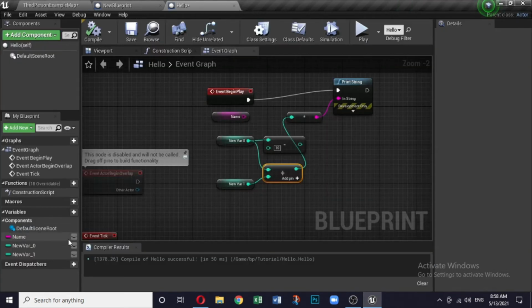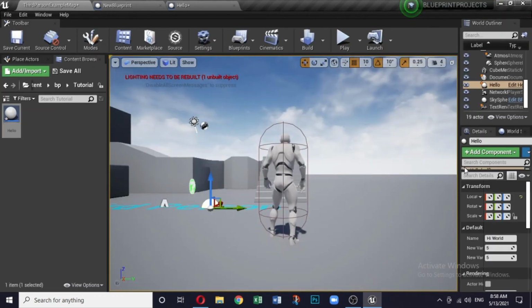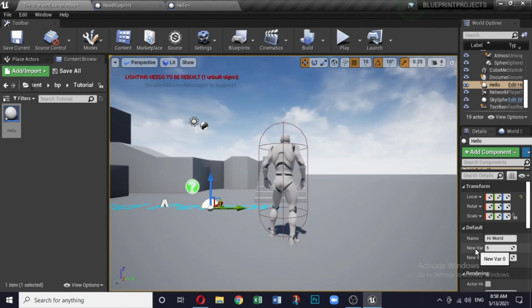Now there is an option called make it public. You make it public, you compile it again, and now these things will be available out here. So this is the name variable which is called high. There is the integer variable, it is 5, the other one is 5.